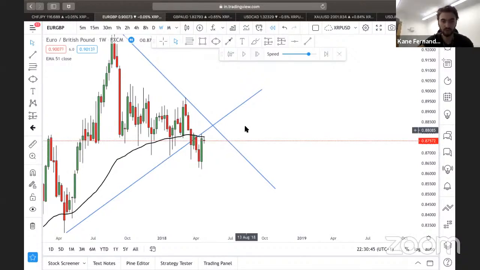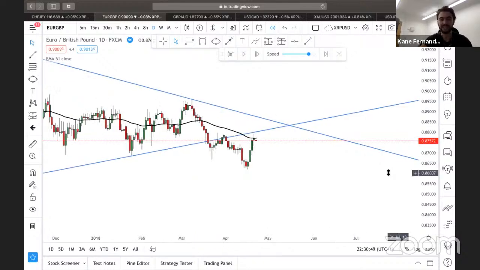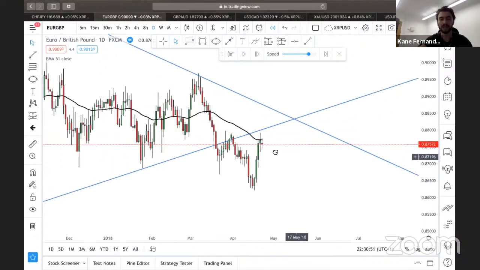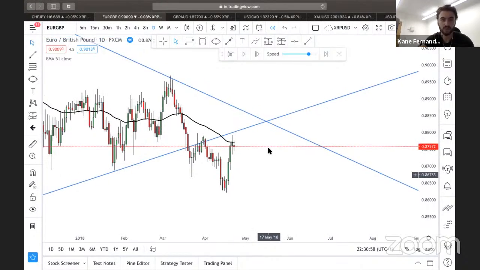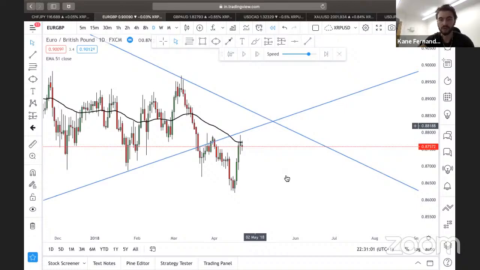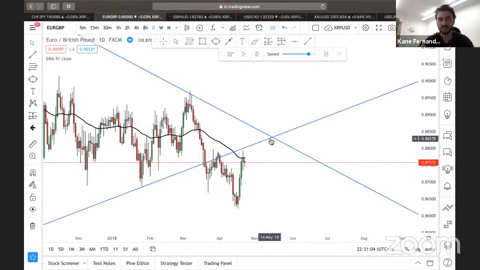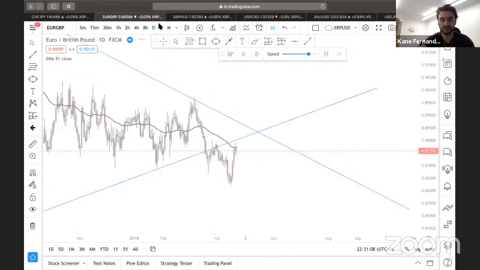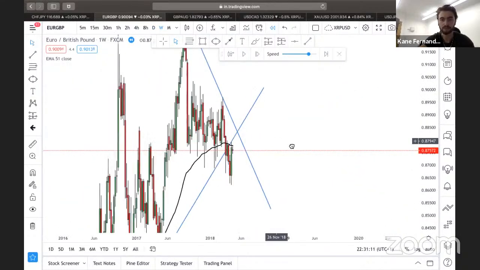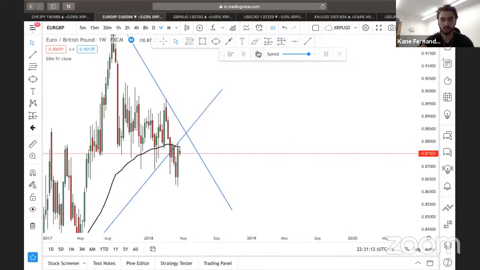So now I'll be looking for kind of shorts here. So let's go on the daily. Now it's beneath the weekly, and it's obviously now beneath the daily. I'd prefer it to come up to this kind of zone here, this outer trend line, but we can see the weekly EMA is acting as a resistance. You can see that there. So let's just wait a couple more.